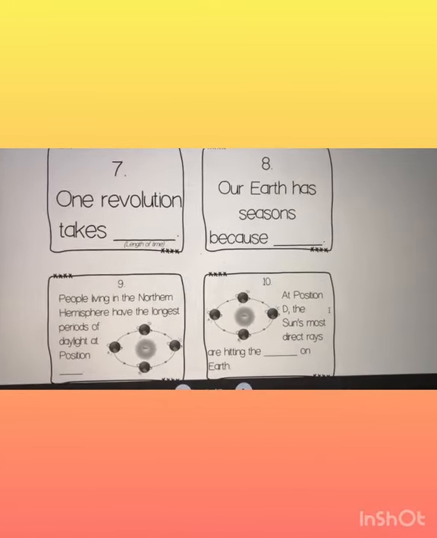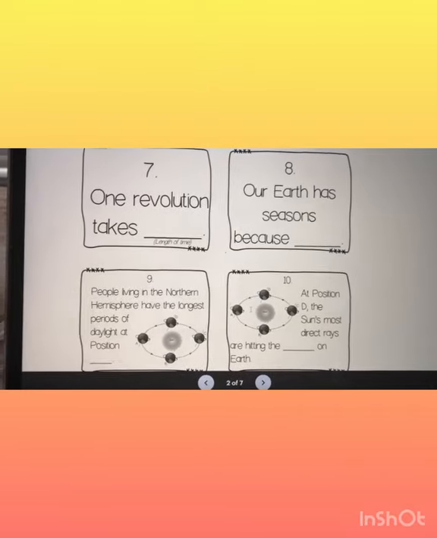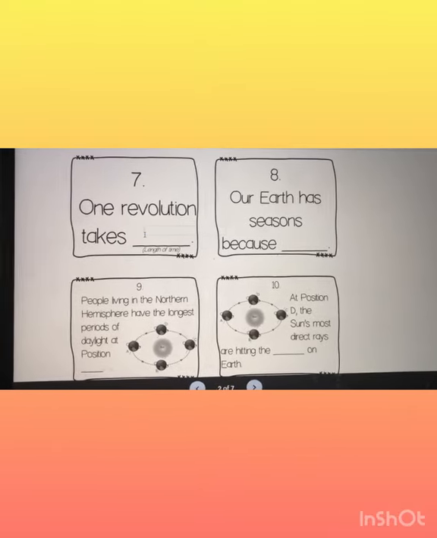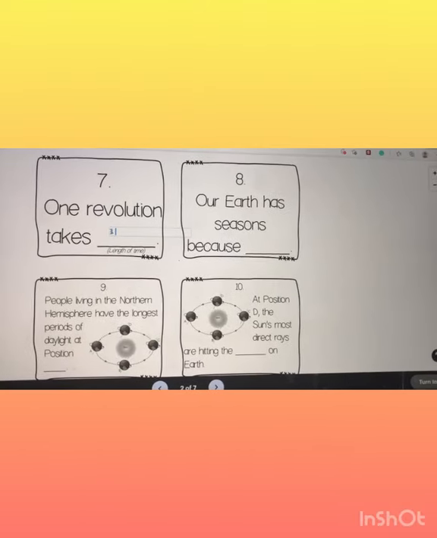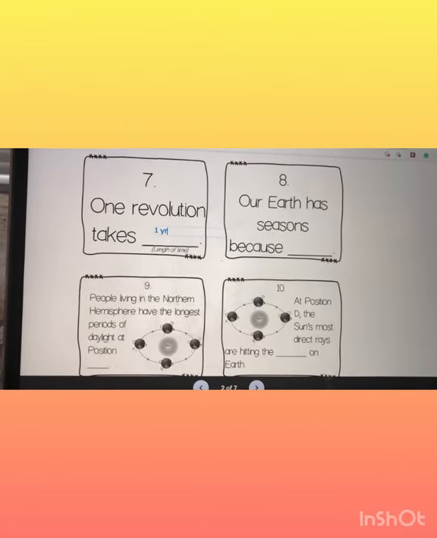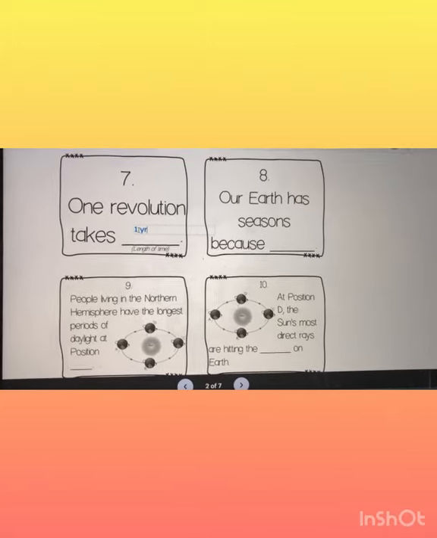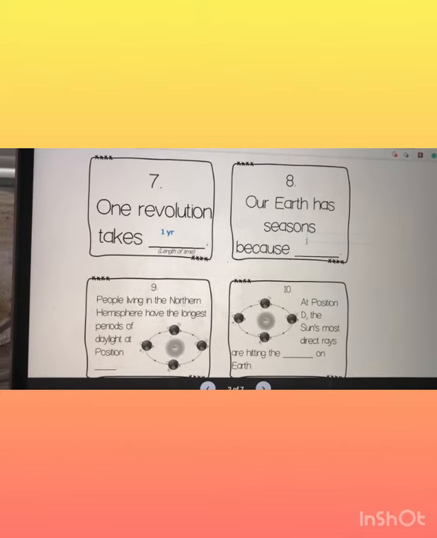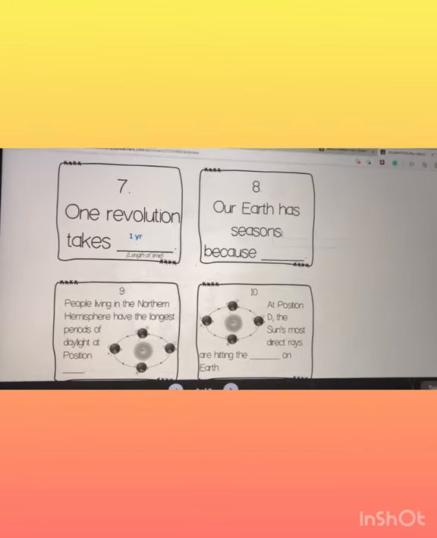One revolution takes another number. Remember, be real specific. What is the time frame? One year. That is correct. But a year is 365 days. This one is actually 365.25. So just a wee bit longer. And our Earth has seasons because